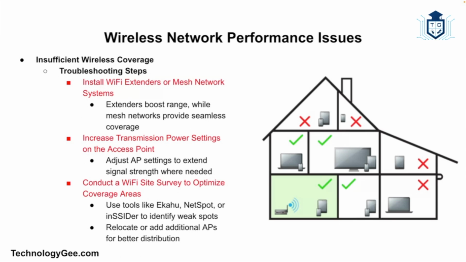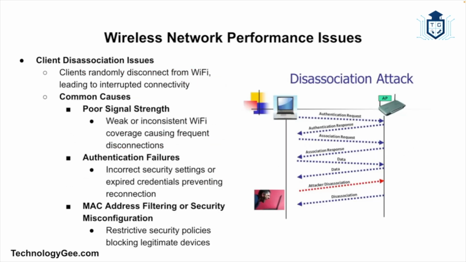You can increase transmission power settings on the access point, or you can conduct a Wi-Fi site survey to optimize coverage areas. Next, we have what are called client disassociation issues, and this is when clients are randomly disconnected from Wi-Fi, causing interrupted connectivity. Some of the common causes are poor signal strength, authentication failures, and MAC address filtering